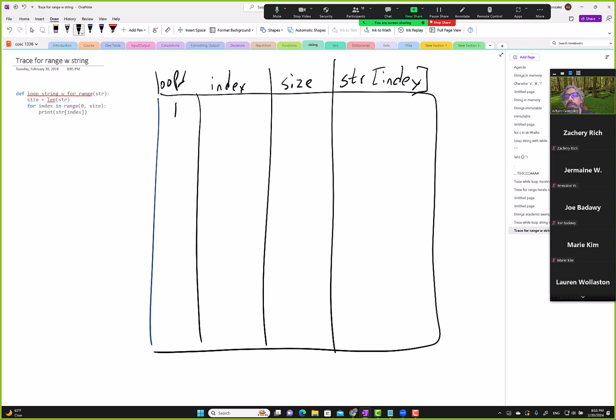On the first loop, index is what? 0. So str is equal to C++, okay? So size is 3. And we have str at index. So here we say, you want str at index 0, that's C. Second iteration, although we don't increment index explicitly, the for loop takes care of that for us, right? Remember that magic, the loop takes care of a lot of the dirty work for us. So 1, this one's still 3, and now we say str 1,